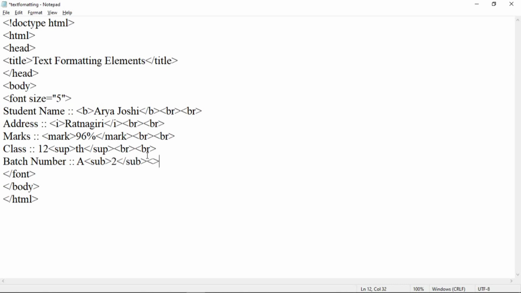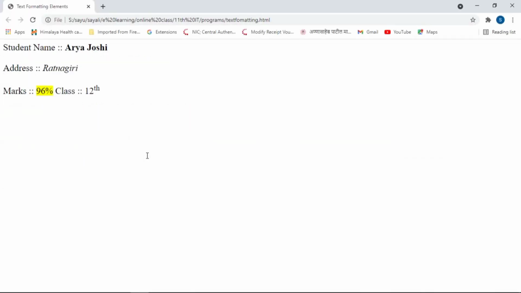Now again here add a pair of br tag. Here I have copied this, so let us paste the pair of br tag. Save this program by pressing Ctrl S, Alt tab, and now refresh the page. Here batch number is A2. Here 2 is in subscript form, th is in superscript form.